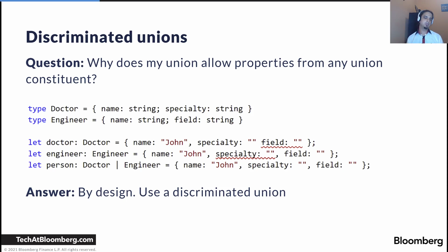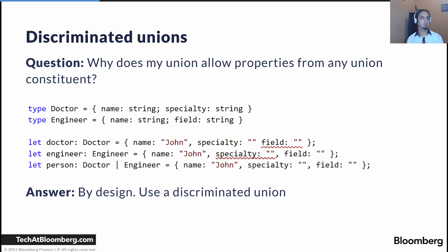By default, TypeScript will actually do what is called excess property checks if we try to assign a new object literal to a reference of a specific type. So in the first case, it fails because it does this excess property check and it sees that field is extra and it shouldn't be there. In the second case, it fails because our object literal has specialty and engineer doesn't have this field, so that is also a reason for excess property checks to trigger an error. But in the third case, if we try to assign the object literal to something that is a doctor or an engineer, it can actually allow any of the fields that are present in any of the constituents of the union. So this is by design, and the simple way to get around this is to use